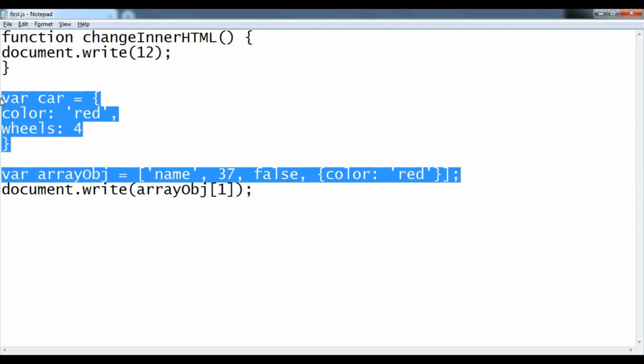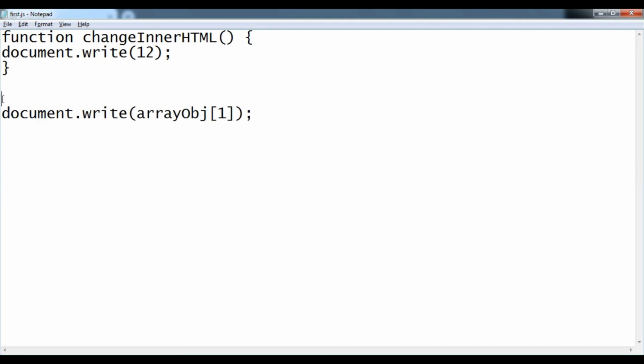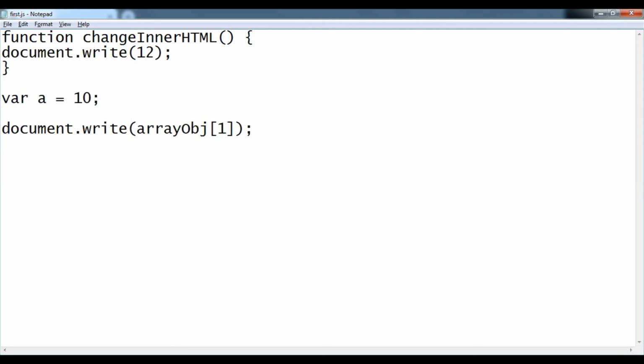One important note: JavaScript supports dynamic typing. Let me give you one example to understand. Let me create one number type variable. Even though it's a number, we can assign it some string and it will give no issue in JavaScript.